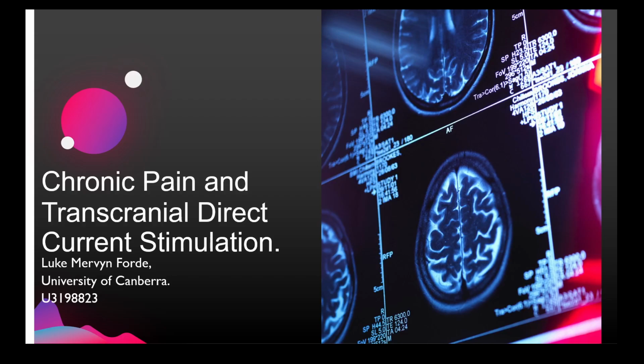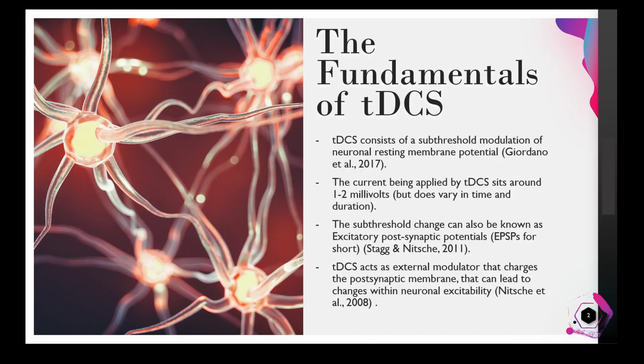Hey all, so today I'll be talking about a class of neuromodulating tools called transcranial direct current stimulation and its relationship to the alleviation of chronic pain. tDCS is a neuromodulation technique that produces intermediate and sometimes lasting changes within the brain. At the most basic of levels, the physiological mechanisms of tDCS consist of the subthreshold modulation of neuronal resting membrane